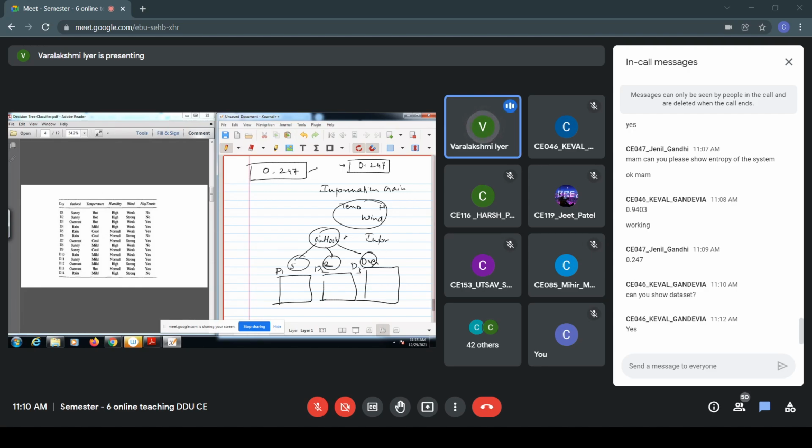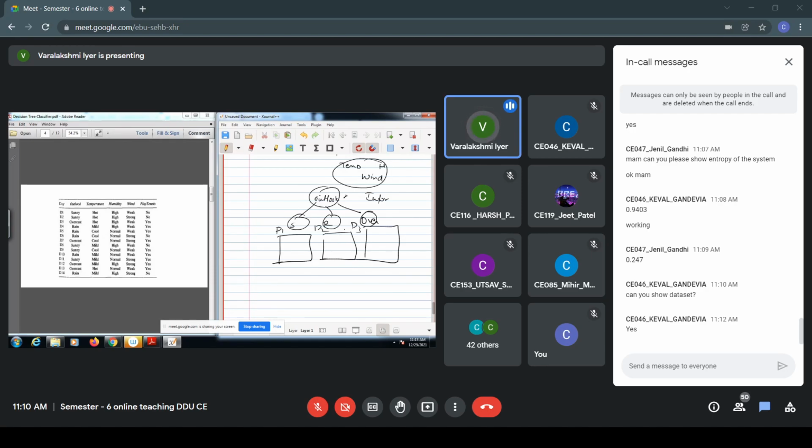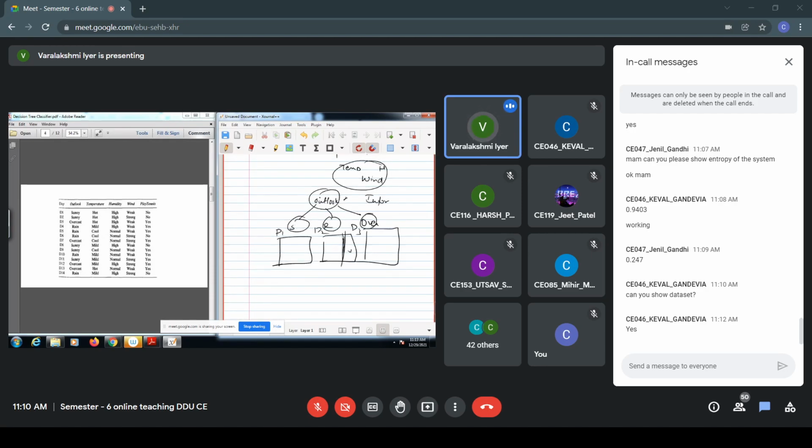Now again we'll split the data. Suppose D2 has all the attribute values as yes, then we need not split the data again, since it already contains pure data. So we'll create just a leaf node. But the other data are impure. Suppose D1 and D3 are impure. So we'll again check the information gain with the other attributes, that is temperature, humidity, and wind, and we'll split the data accordingly.